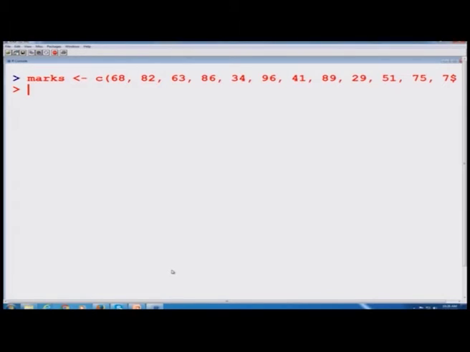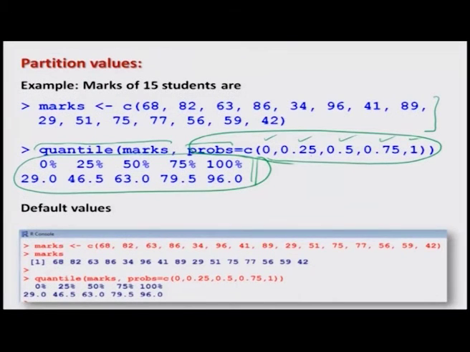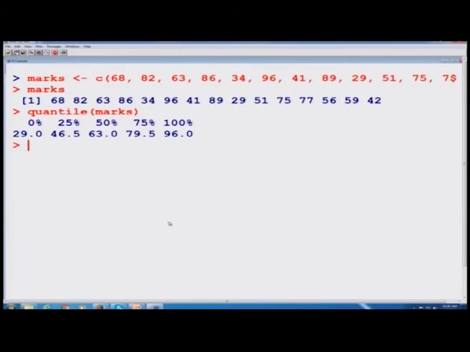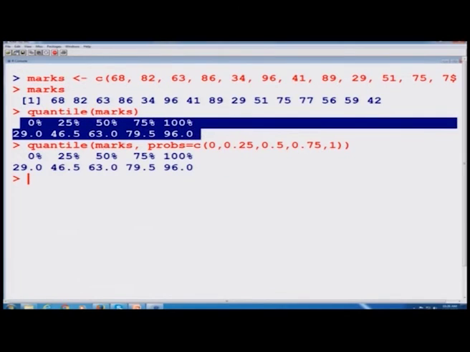So here is my data, you can see marks, and now I find the quantile. You can see I am getting the values as 0, 25%, 50%, 75% and 100%. Now I repeat my examples and compute with the probs function, which is the default. I get the same outcome here and here.